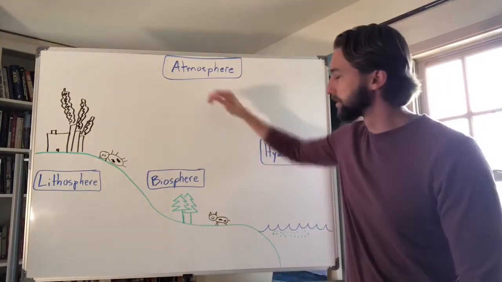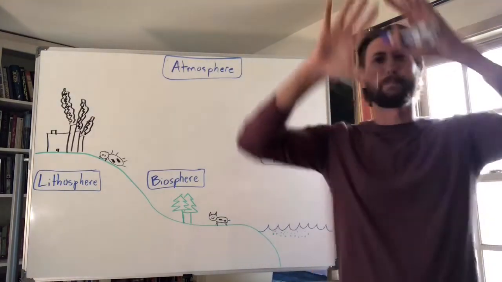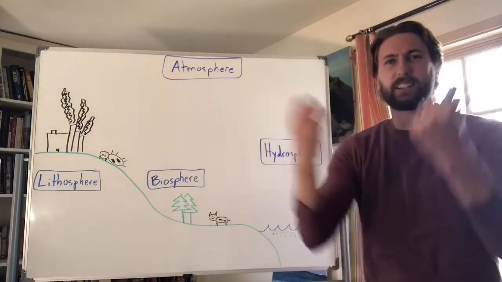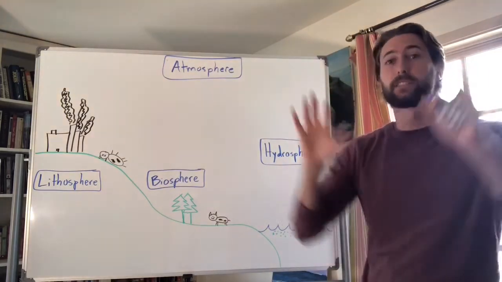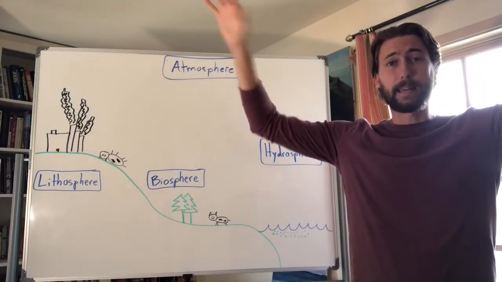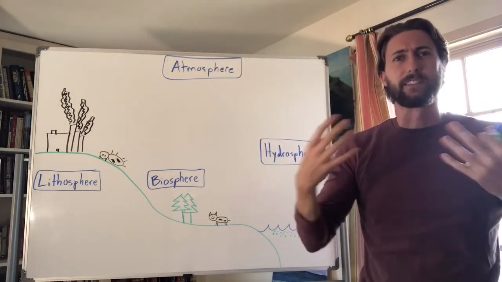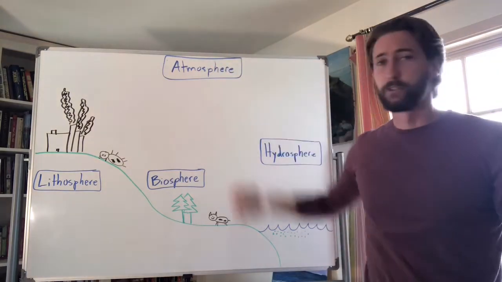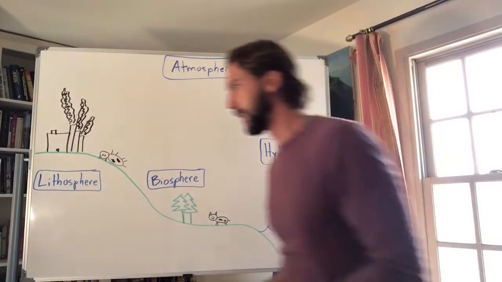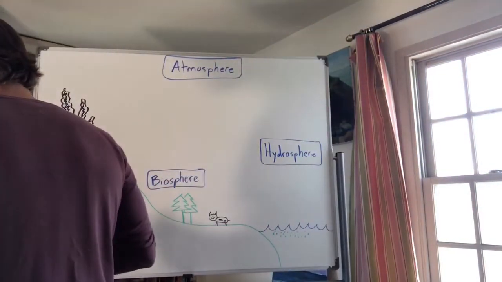So let's start with number 1. Let's start with the atmosphere, right? What is the atmosphere? It's just that big bubble that surrounds the Earth, keeps all the gases and everything in here, and it keeps things from escaping into space, right? Keeps all the oxygen and everything we need to breathe in here, right? So the atmosphere is really important. It's that bubble around the Earth. So the atmosphere, okay, this bubble surrounding Earth,